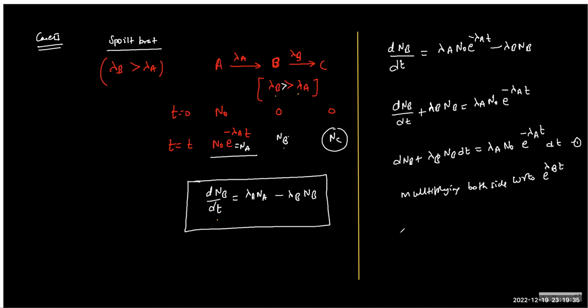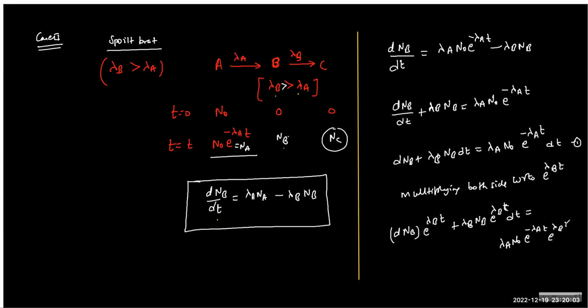You get something really interesting. dNb into e power lambda b t plus lambda b Nb e power lambda b t dt equals lambda a N naught e power minus lambda a t